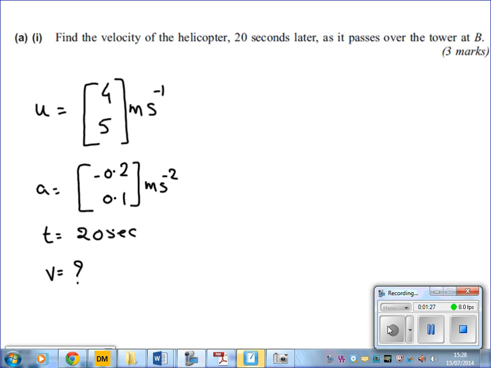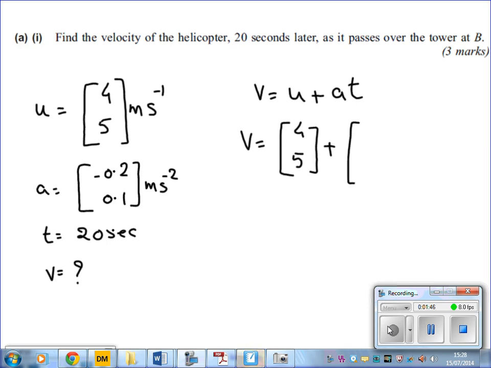Okay, so the equation that we'll use, the suvat equation, is v equals u plus at. So substitute the values in. So v equals (4, 5) plus (-0.2, 0.1) times 20. So v is going to equal (4, 5)